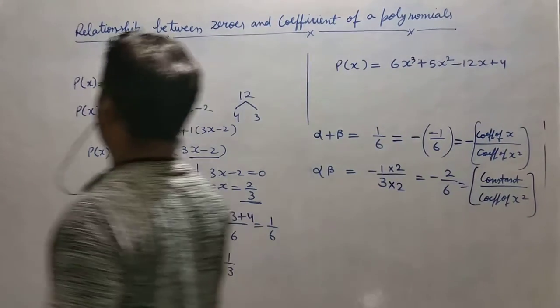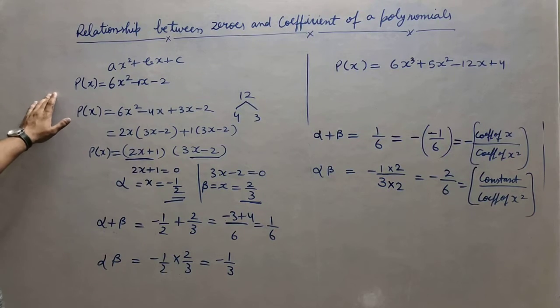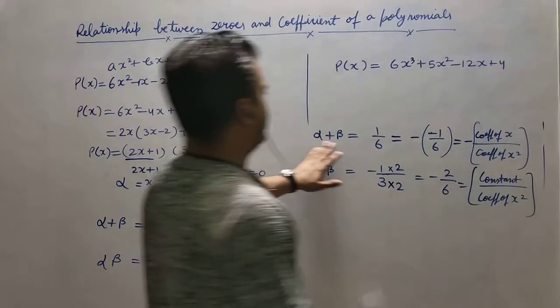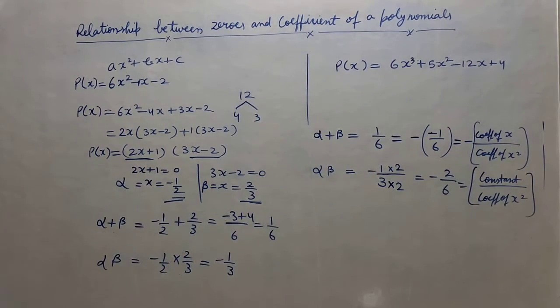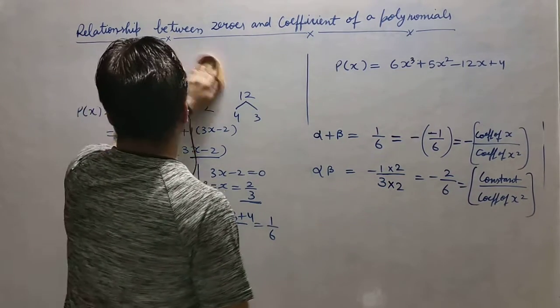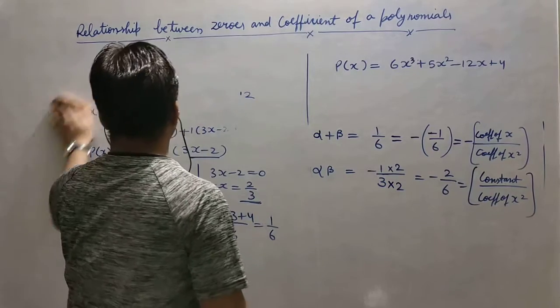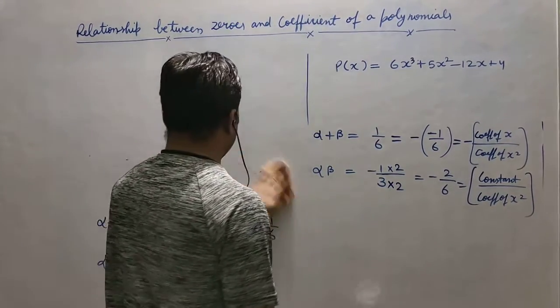It is true for all. It means, suppose you are having any type of polynomial and alpha and beta are the roots, then I can write alpha plus beta is equal to coefficient of x upon coefficient of x square, right? So this is the one thing. Now suppose I am having one polynomial. How can we apply this particular relation to solve the questions? Which type of questions will come?